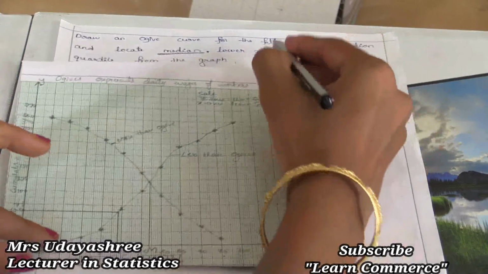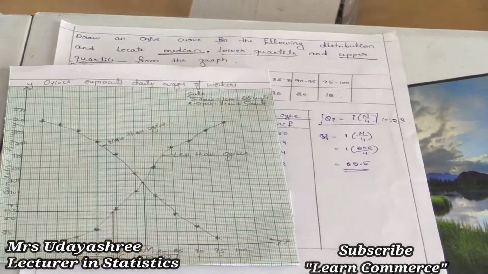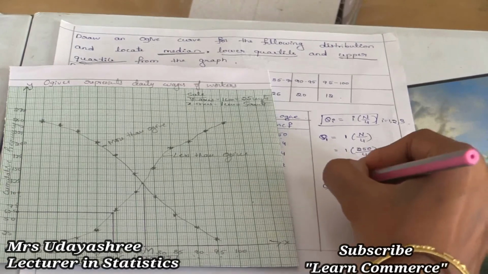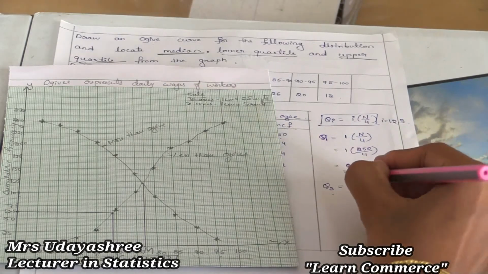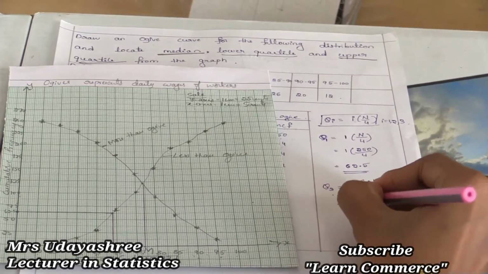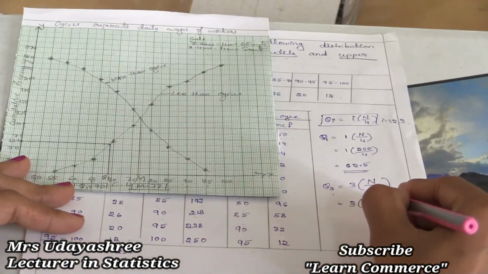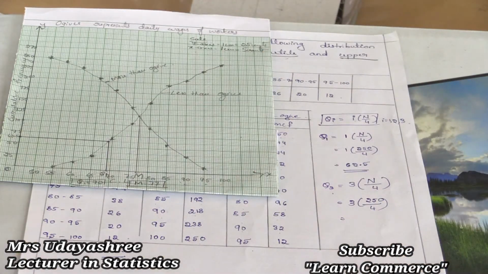Okay, so Q1 lower quartile is over, next we need to find upper quartile. So upper quartile is nothing but the third quartile. So third quartile is denoted by Q3. So the formula is, see, in the place of i we need to substitute 3 because it is upper quartile or third quartile. So that is 3 into n divided by 4. Here n is 250, correct? So in the place of n we need to substitute 250 only. So next divided by 4, and this is equal to 250 divided by 4 is 62.5 into 3, that is 187.5.